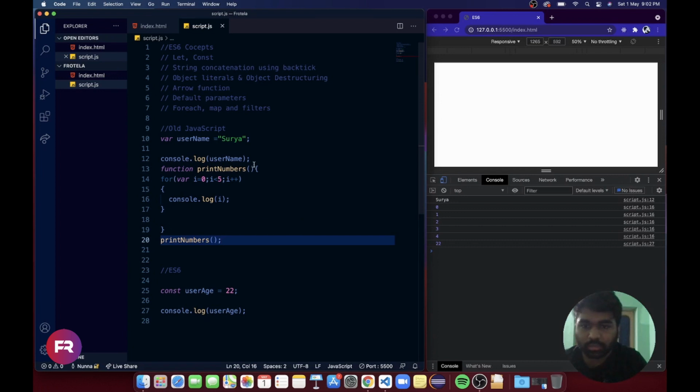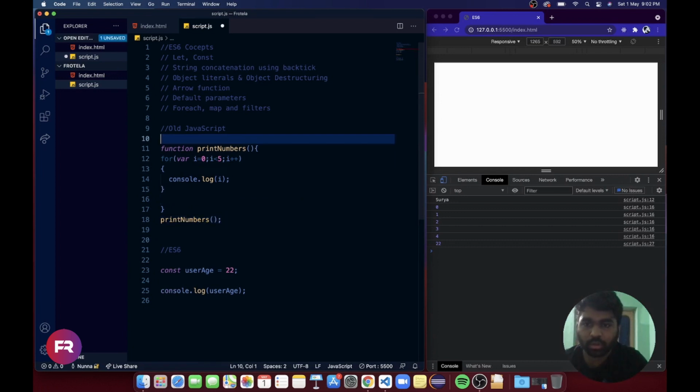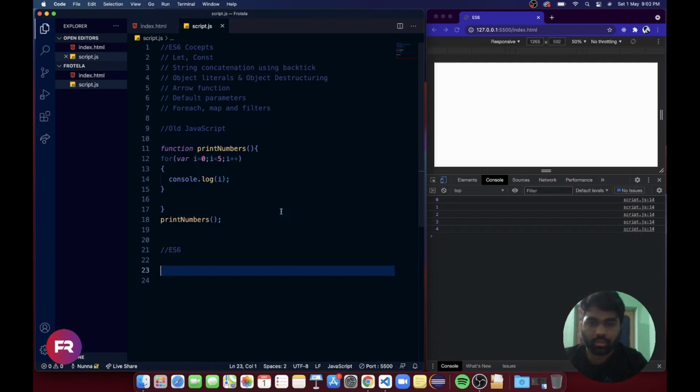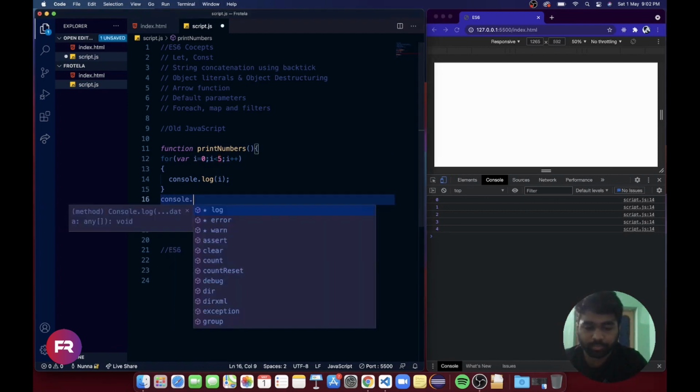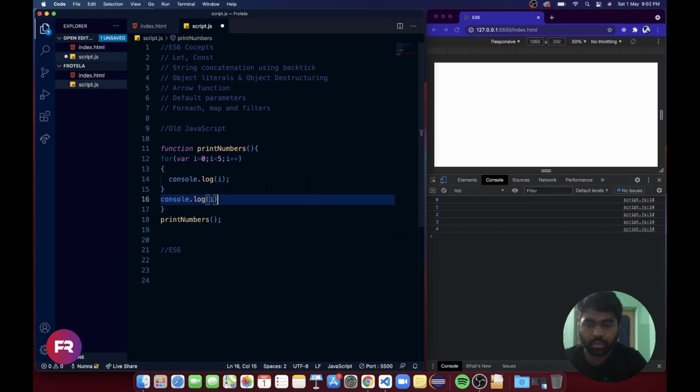Now let's comment these two, so we are not using them. Now you can see we are printing the numbers from 0 to 4, up to this condition. Now if I console log i and save this file, what will be the output?